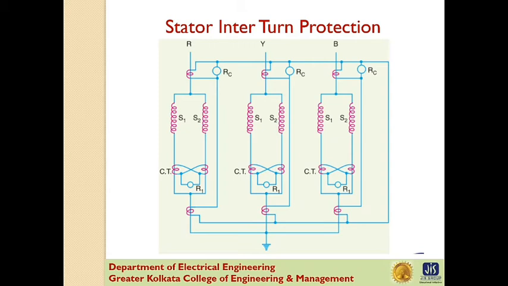Now Merz-Price circulating current system protects against phase to ground or phase to phase fault. It does not protect against turn to turn fault on the same phase winding of the stator. It is because the current that this type of fault produces flows in a local circuit between the turns involved and does not create a difference between the currents entering and leaving the winding at its two ends where the current transformers are applied. However, it is usually considered unnecessary to provide protection for interturn faults because they invariably develop into arc fault.